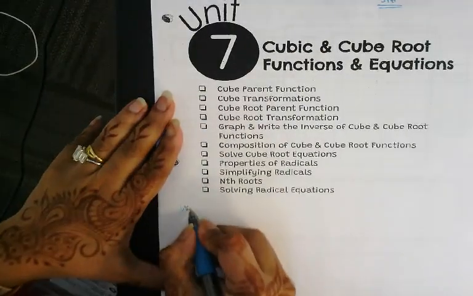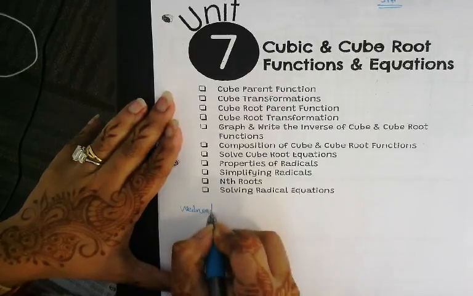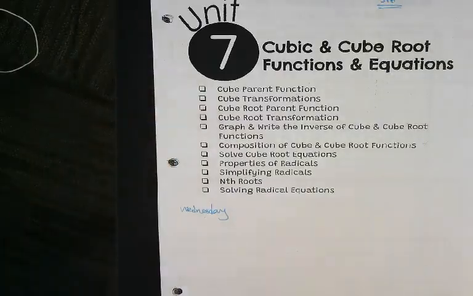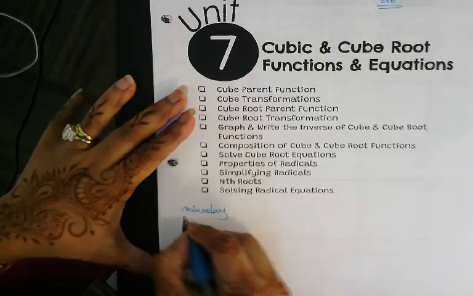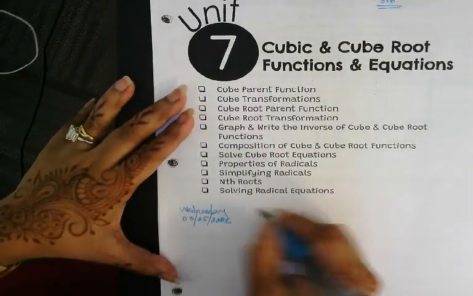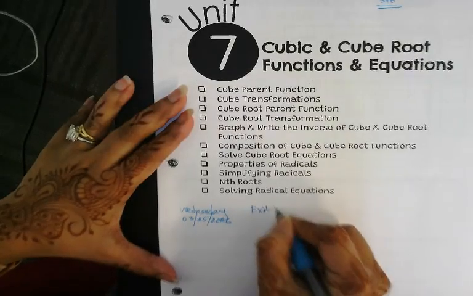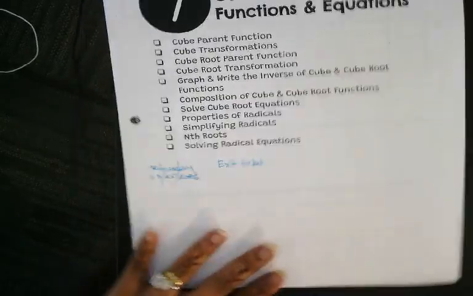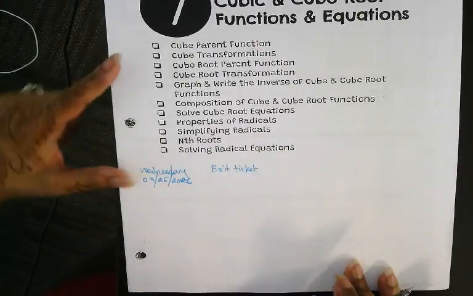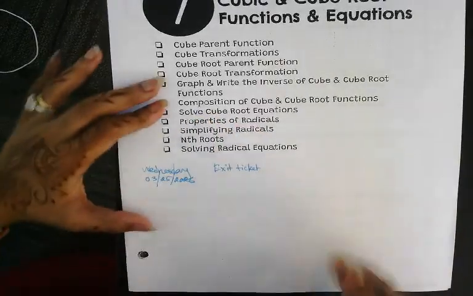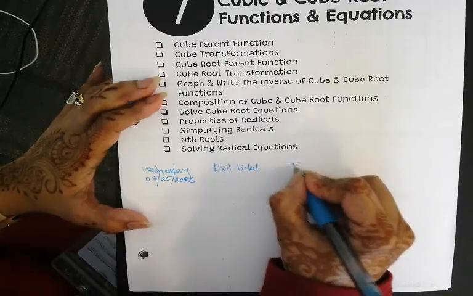All right. Wednesday, March 25th, 03/25/2026, you're going to have an exit ticket. Write down the topics for this one. It's going to cover up to the composition and solving the cube root equations. So the topics are going to be